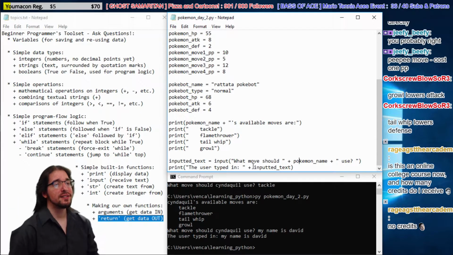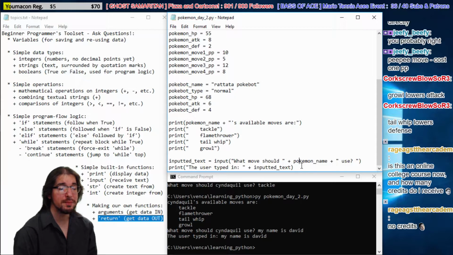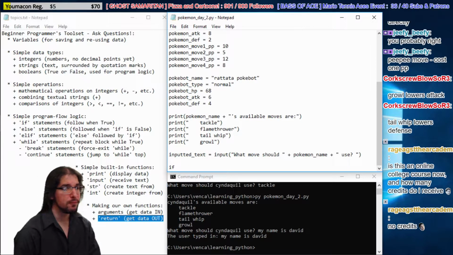Cool. So now we have this text the user punched in. We can start doing logic on it, right? So here's what I mean by that. We're going to compare the text to other text. Let's just say, for instance, if, okay, we have an if statement. We put in a condition, right? So we have to say, if blank is true, then do something, right? So let's say if inputted text is equal to, equals means is equal to, tackle. Okay, so if the inputted text is equal to tackle,